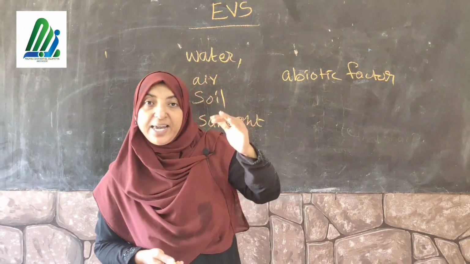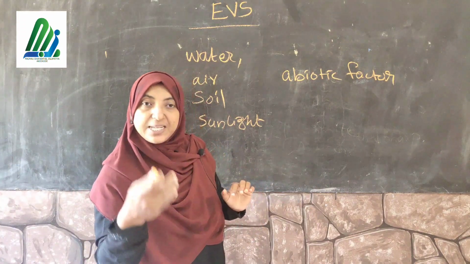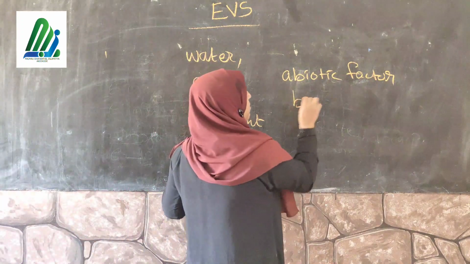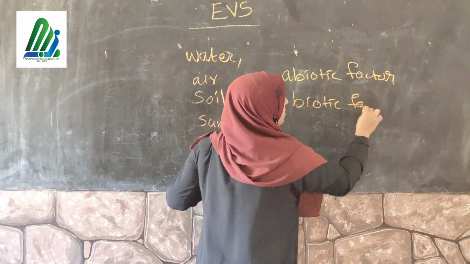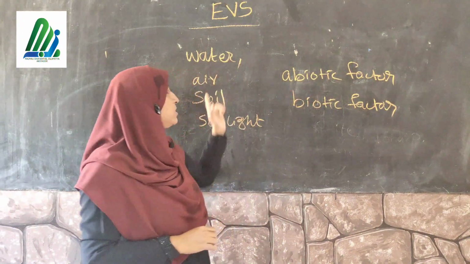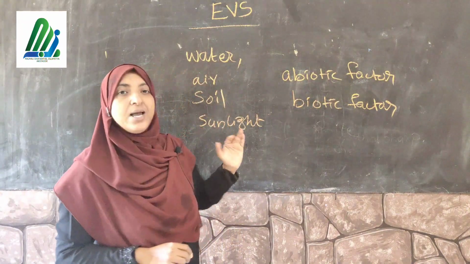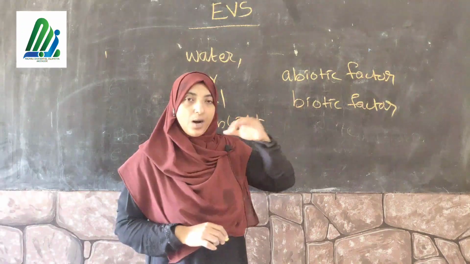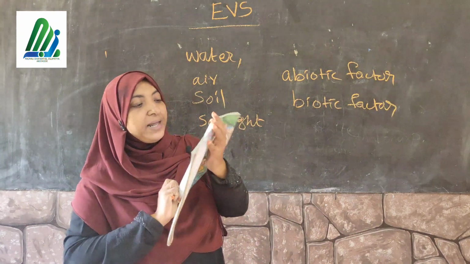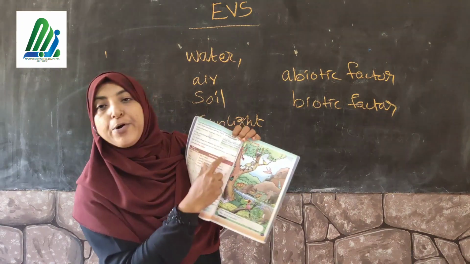But these factors are very essential for living things. Living things means animals, birds, insects, plants, etc. That group of organisms we can say biotic factor. Clear? So non-living things that are very essential for other living things are called abiotic factors. Example, you can write this. Then biotic factor means plants, animals, insects, etc. That point you can also see in your textbook, page number 12. Living things are called biotic factors and non-living things are called abiotic factors.